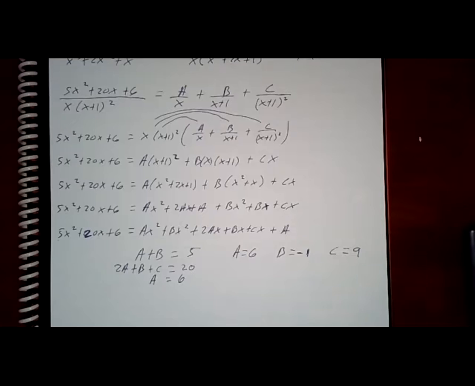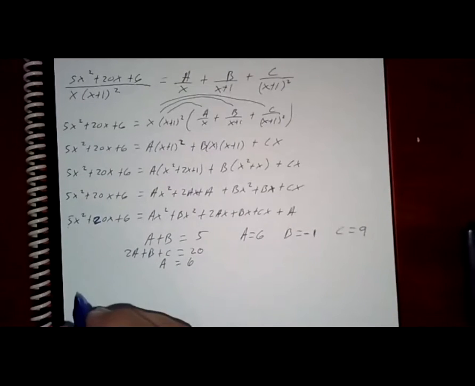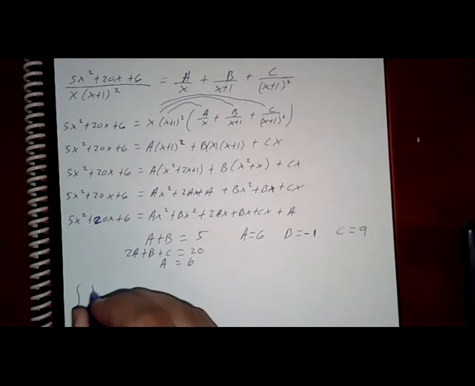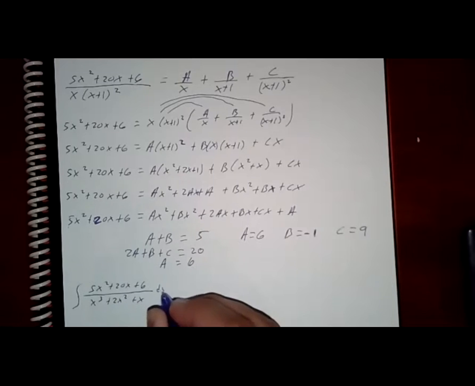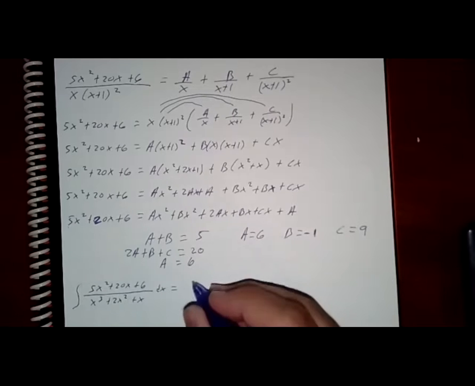All right, so now we have the numbers, right? You guys cool so far? Any questions on these steps? No. All right, so the whole purpose, right? Was to get these numbers. So the integral of 5x squared plus 20x plus 6 over x cubed plus 2x squared plus x dx is equal to the integral